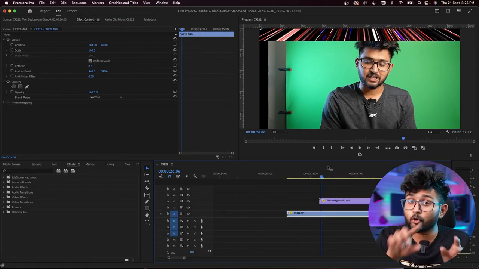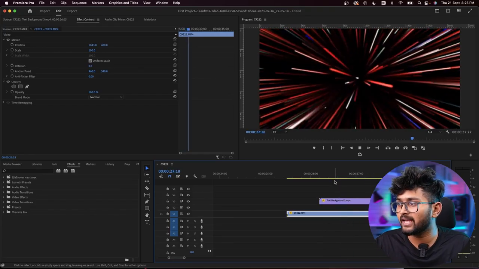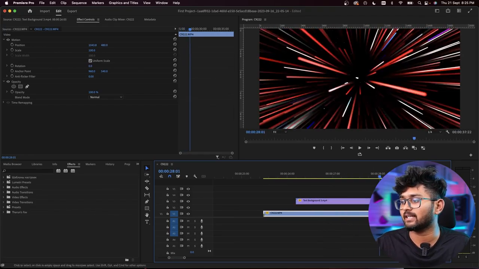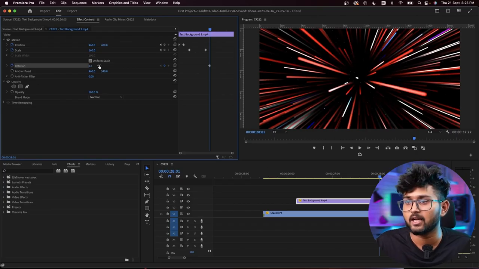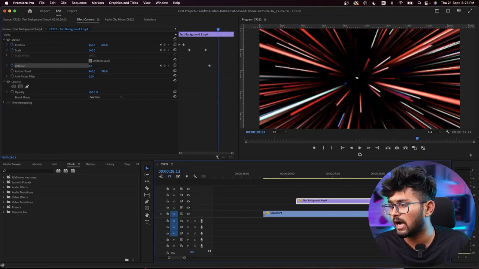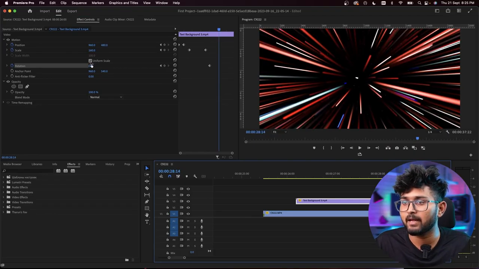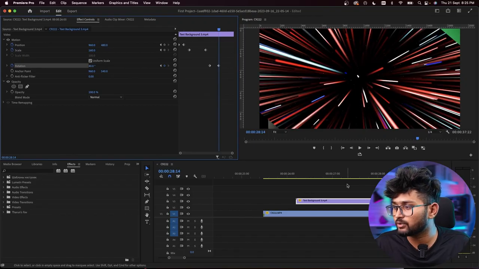Now let's also rotate this thing. You got inside the screen, you zoomed in. Now let's rotate this entire thing. Maybe I'm expanding it a bit more. I'll click on the text background. Now let me select rotation. Basically it was at 0 degrees, right? Now I'll go 3 or 4 frames forward and rotate it to 40 degrees.